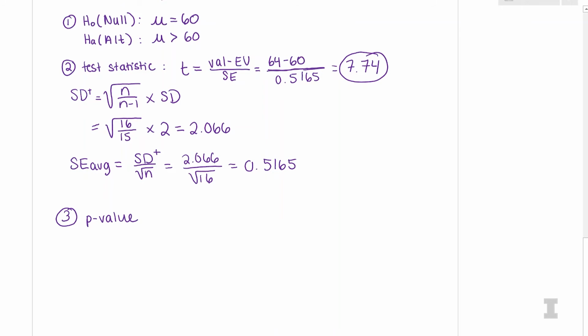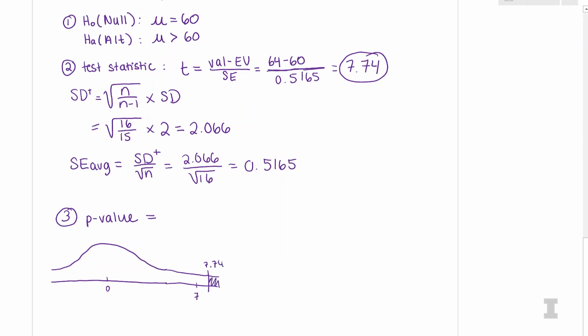And I could draw a t-curve here. The p-value is still going to be my tail, but I'm probably not that great at drawing. I don't know what the t-curve looks like exactly for a sample size of 16. Instead, I'm just going to go ahead and use Python. So this is a positive score, so this would be the right-hand tail. Here, I'll attempt it. Something like this. And then 7.74 is going to be all the way out here, and this is the area that we want.